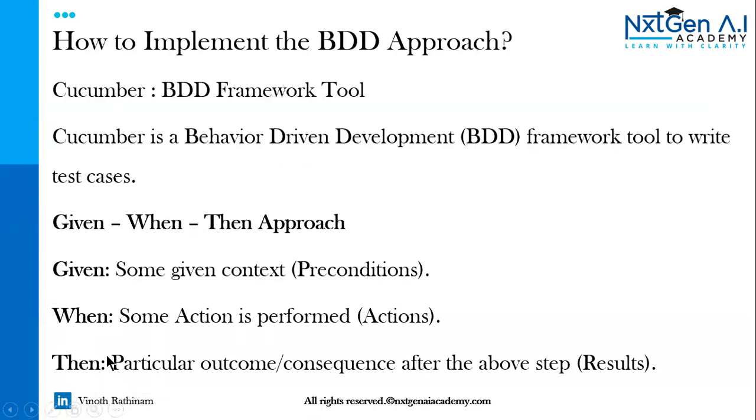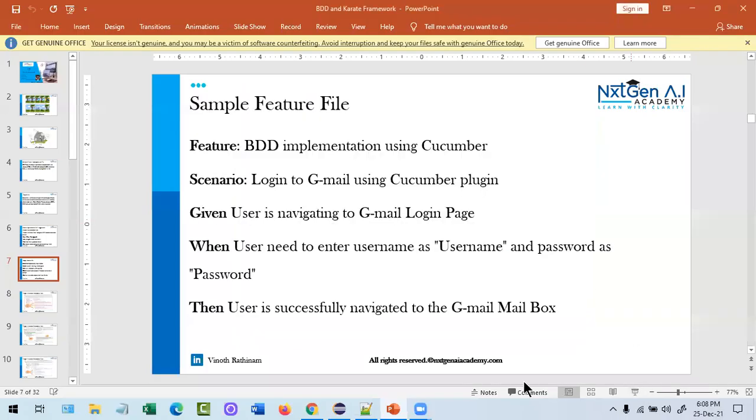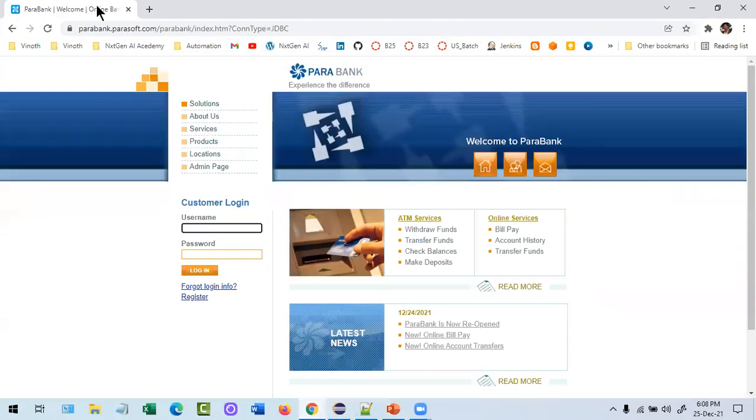So when I say Gherkin language, then comes the tool. I have to work in BDD, so what can we do? There is something called the Cucumber framework. Cucumber is a BDD development framework tool to write the test cases. Here, there is an approach called given, when, and then. Given means a precondition. When means an action. Then means a result. So rather than seeing this in the slide, we will go to the official website,